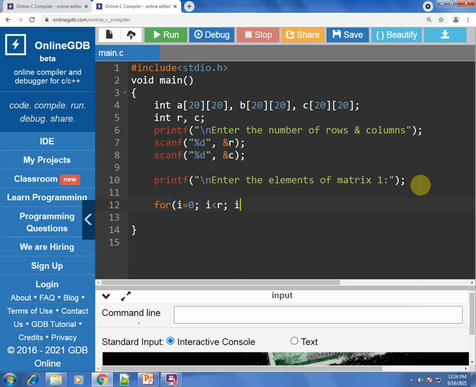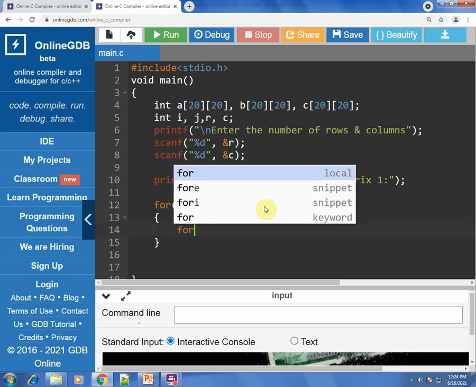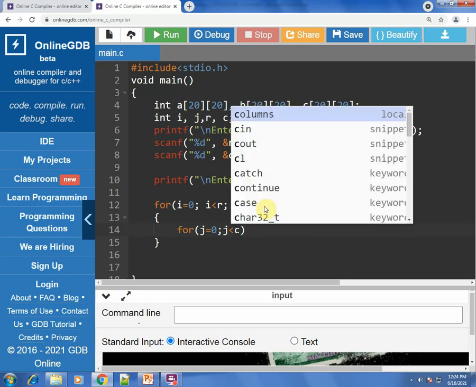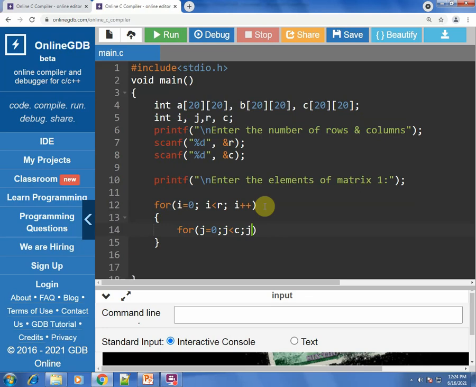So this is the for loop statement, I plus plus. Now as I am using the variables I and j, I need to declare them. So let us declare them in this line, I and j over here, or I can also declare them in the for loop. Choice is yours. Let's open the for loop. Now inside the outer for loop there has to be an inner for loop. So the inner for loop will be the j for loop. So j is equal to 0, j less than the number of columns, which is c, and j plus plus. So c is the number of columns and r is the number of rows.